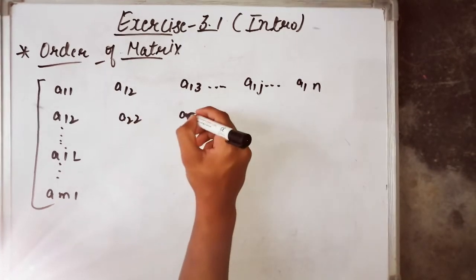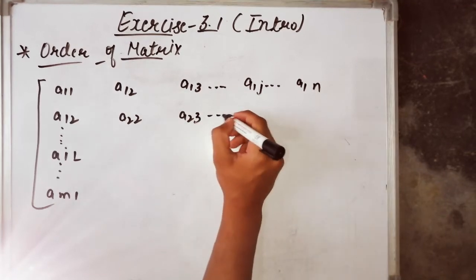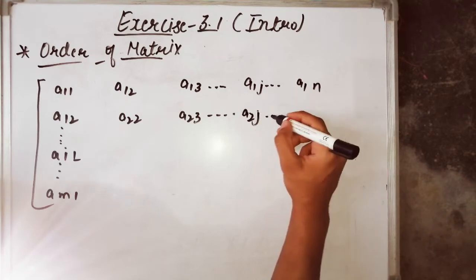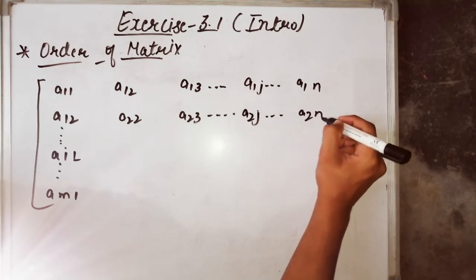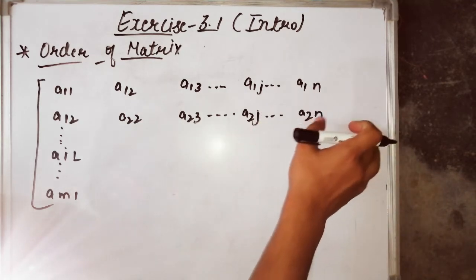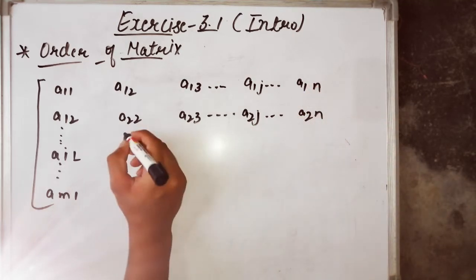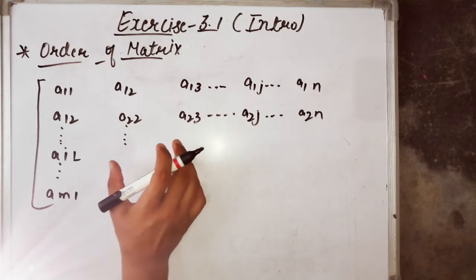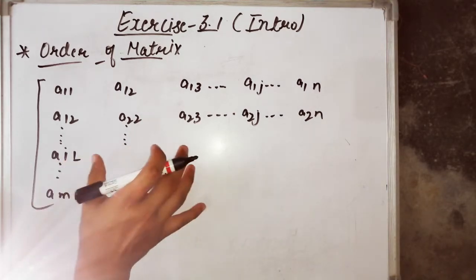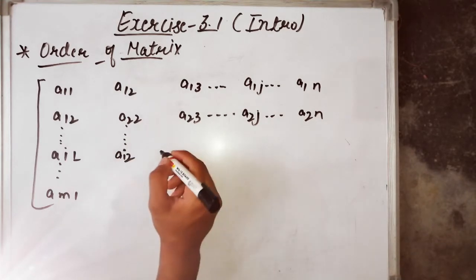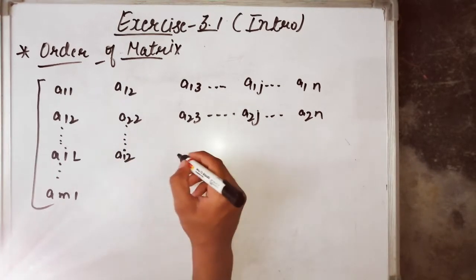Okay, a22, a23, until a2j, and at last a2n. I will explain to you later what these 1n, 2j are, and what these values are. And the third, you cannot say this third row. Okay, ai2, ai3,